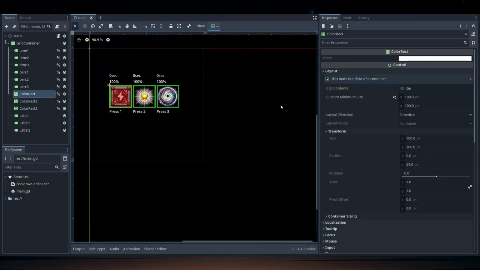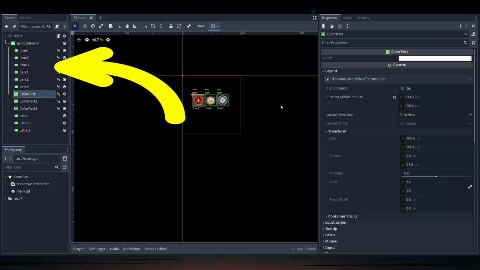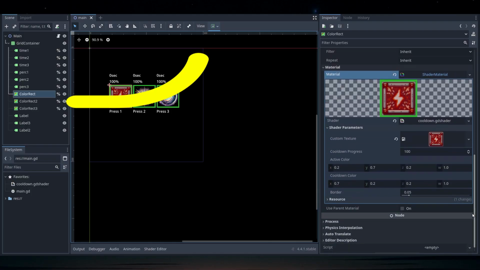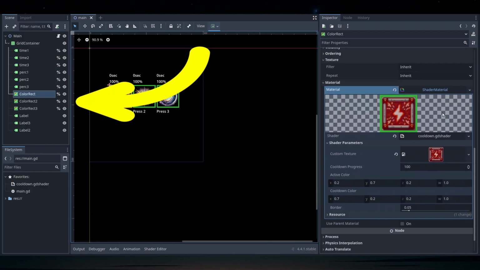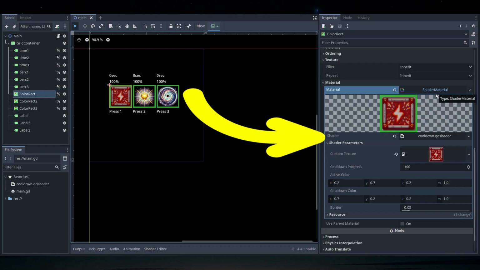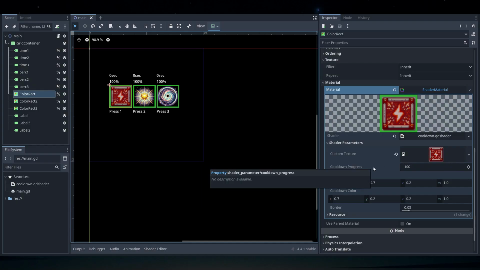Before we jump into the code, let's take a quick look at the scene tree. First, you can ignore all of these labels for now. They're just here to show the text on the screen that you see in the demo. We'll assign values to them later. The most important parts of the scene are these color rect nodes. These three nodes are where the shader material will be applied, and where the final icons will be displayed on screen. You could use other nodes instead, like a texture rect or even sprites, but for simplicity, I went with